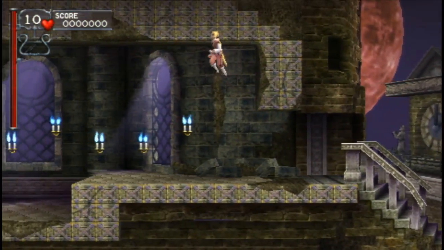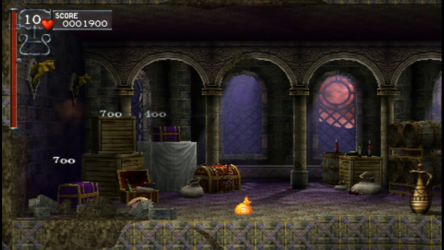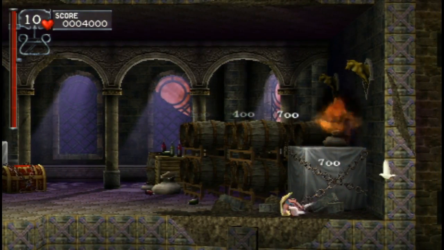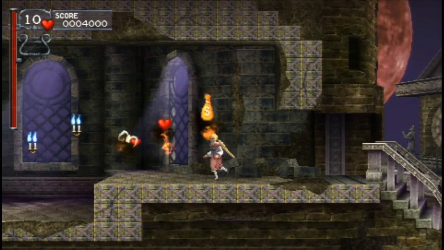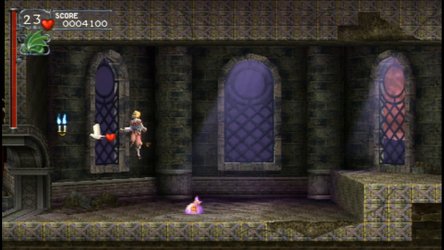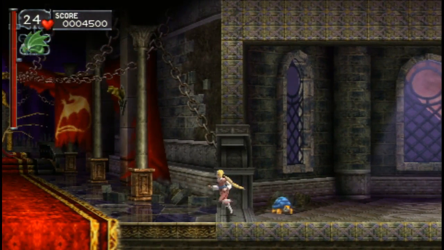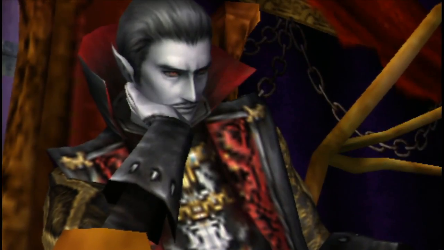It's time to hit up the invisible staircase again. I think there's enough points up in the staircase here. Maybe not. Maybe not quite. I guess you need 20,000 points. I was gonna say, I think there was enough points that if you were to lose to Dracula, you could get a free life by collecting all that stuff every time. But if that's not the case, then...